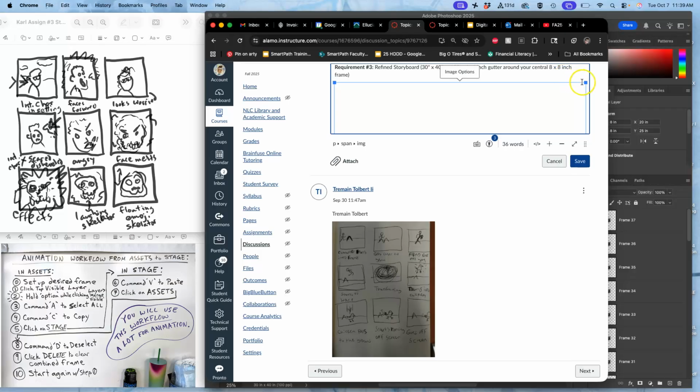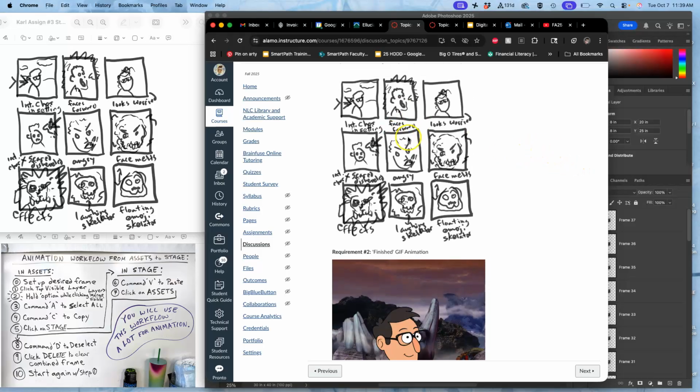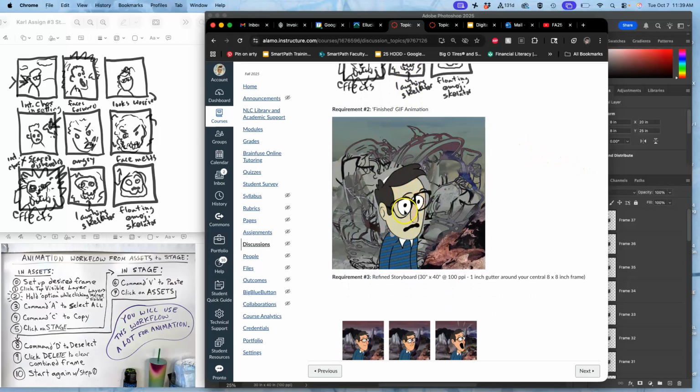So we'll come in rather large because it has a white background, right? So then just shrink it to a little bit more than halfway and then save. And now I've got all 3 components: rough storyboard sketch, GIF animation,